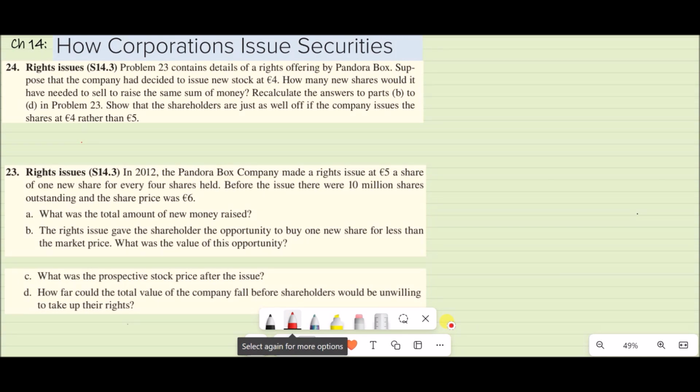So problem 23 contains details of the right offering by the Pandora box. Suppose that the company had decided to issue new stock at $4. In question number 23, the new stock was issued at $5. Now the company is issuing the stock at $4. How many new shares would it have to sell to raise the same sum of money? So in the previous problem, the company raised around 12.5 million. So this question asks how many shares will be issued if we are selling the shares at 4. So of course, we have to issue more shares as compared to the previous example,